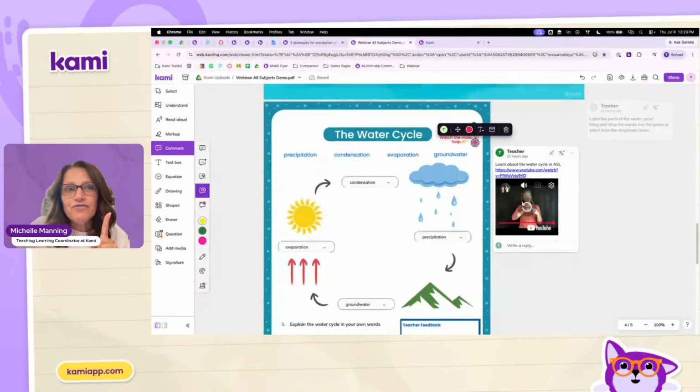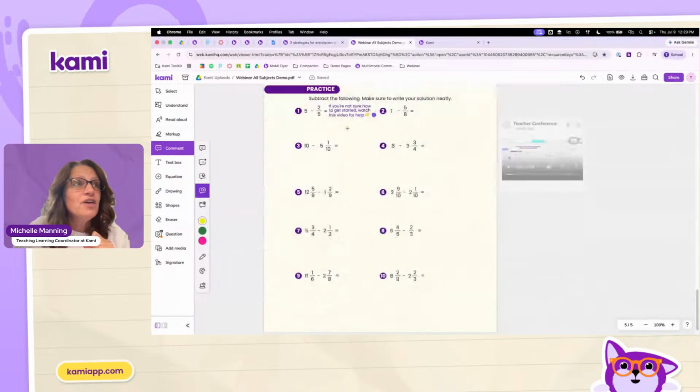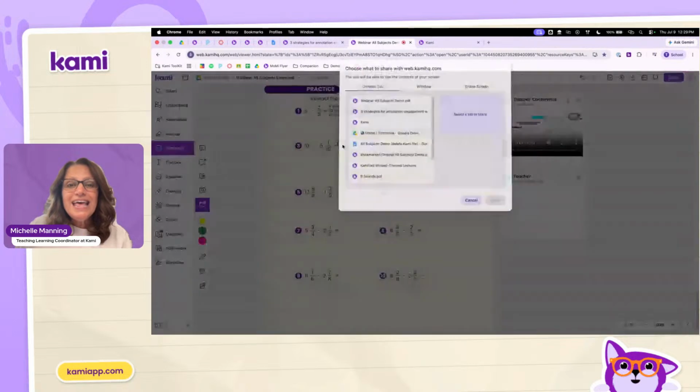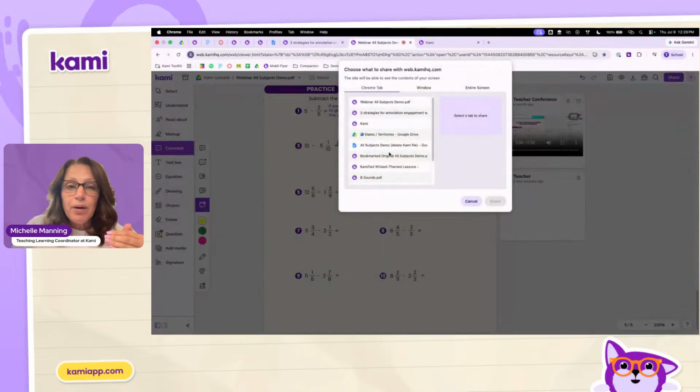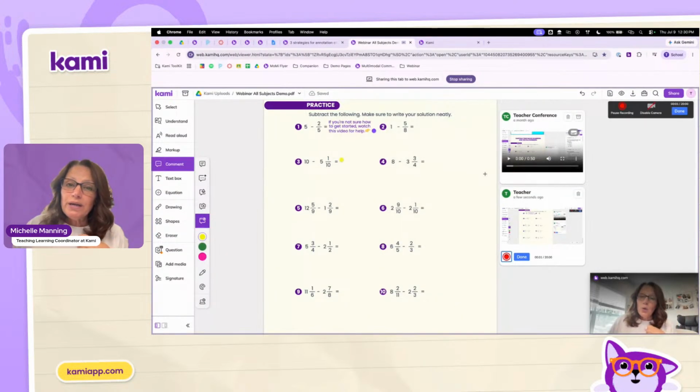But my favorite is down here for math, using that screen capture tool. I already have a video here, but I'm going to demonstrate how to do this. So comment, screen capture. I'll click on the screen. Then it's going to ask me which tab I want to record, or which window, or my entire screen. I want to demonstrate this paper right here, 3 strategies, the webinar page. So I'm going to share, and now it's recording me, but I could turn off my camera if I want,